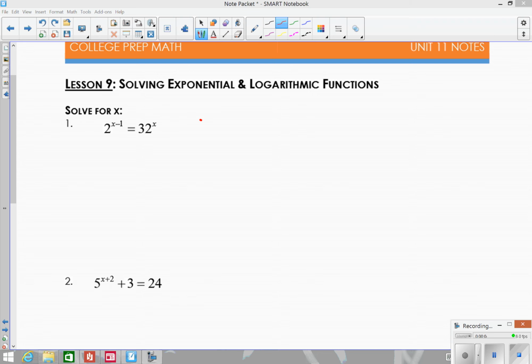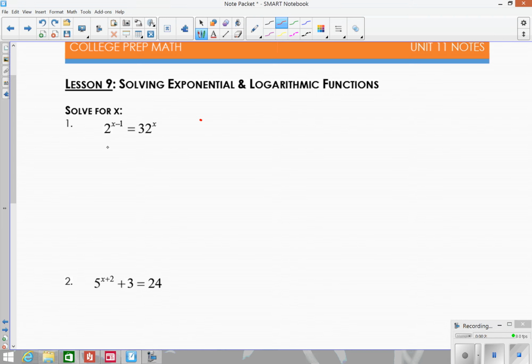In this lesson, we're going to look at how to solve exponential and log functions. So these first couple examples are looking at exponential functions. Remember, when we have exponential functions and we want to solve them, what we need to do is get both bases to be the same so that we can just set the exponents equal to each other. So I need to rewrite 32 so that it has a base